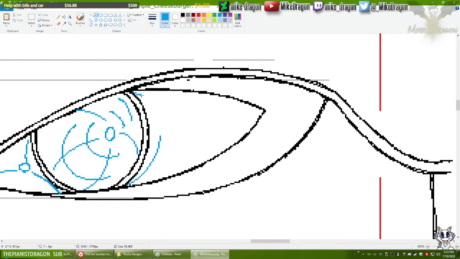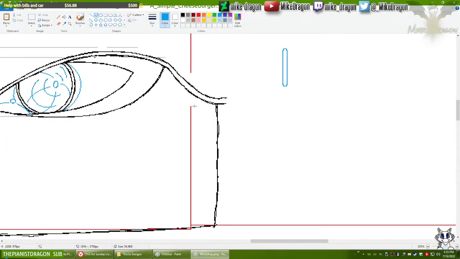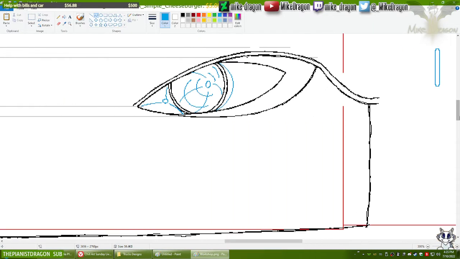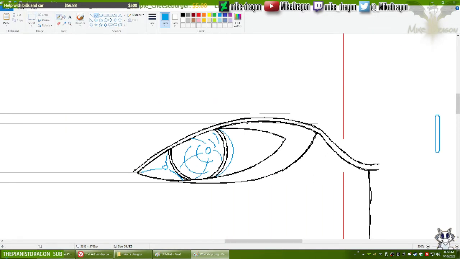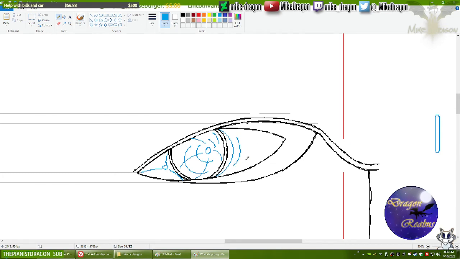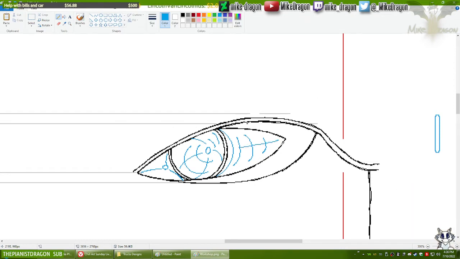I think I want the inside of this part of the headlight to be kind of concave as well. Kind of like this, you know? I don't know if that makes sense.